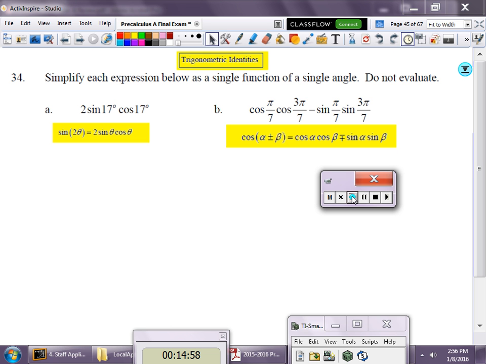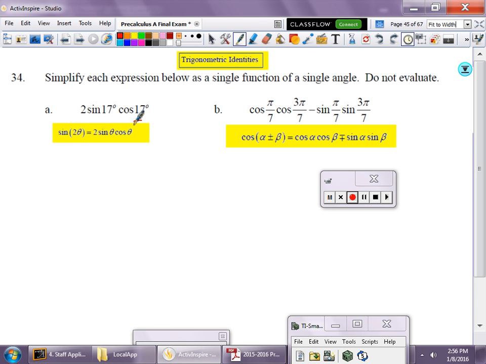Okay, we're about to start working on example 34. For example 34, A through H, we will be needing the trigonometric identities formula sheet. I took the liberty of highlighting in yellow a snapshot of the specific formula we're going to use. So when looking at these examples, 2 sine 17 degrees cosine 17 degrees, and reading and interpreting the formula,